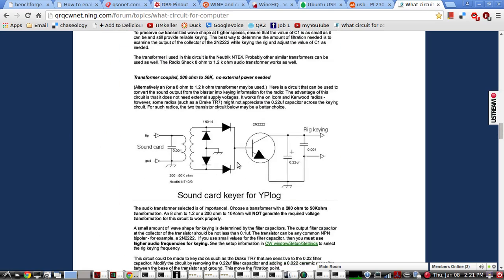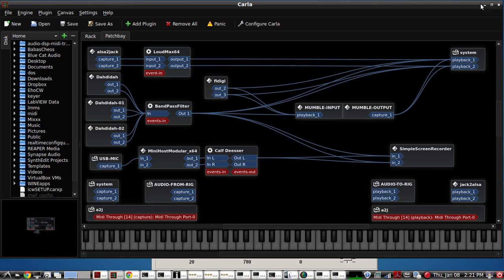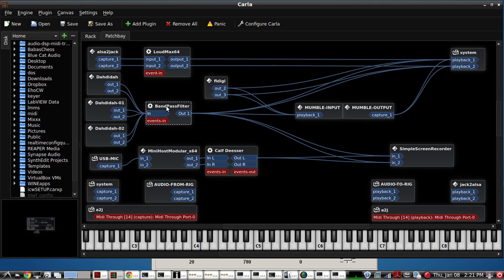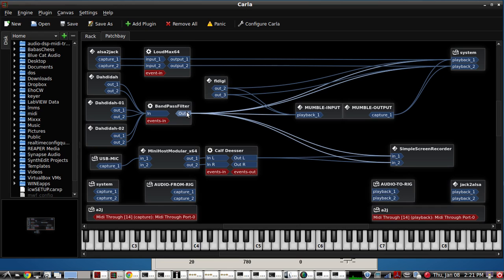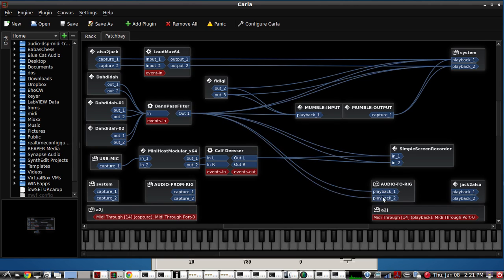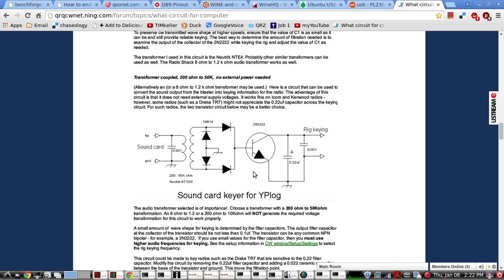And there's another one that some people use, and they have a special transformer they get. I think it's still available. So you could send the audio from Dahdidah, and I'm going through a little bandpass filter just so it sounds a little bit better. And you see this right here? This is a sound card that I have going to that circuit. So you would just take the output, draw a wire to that circuit, and that would turn that audio voltage into a keying switch, and then you can key your rig with it,